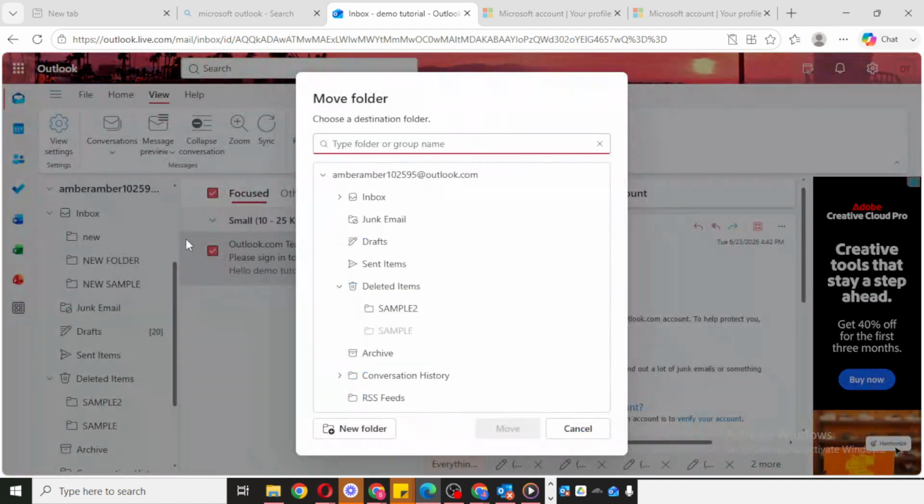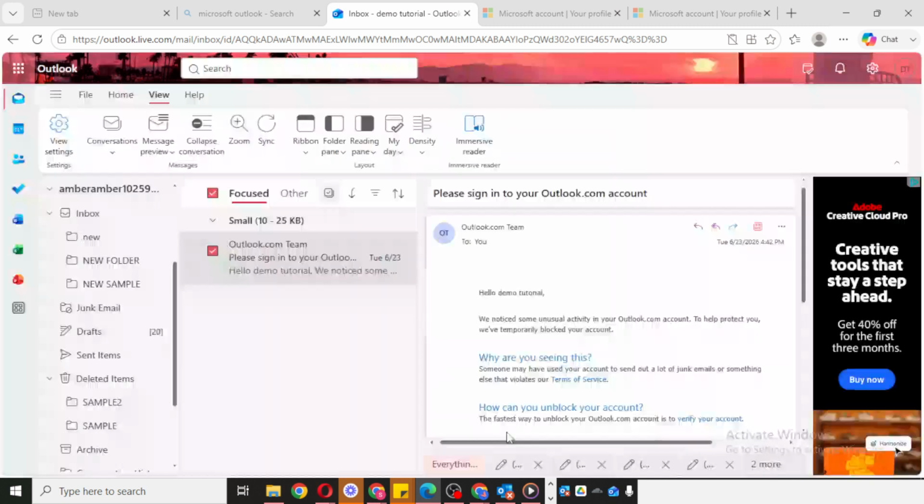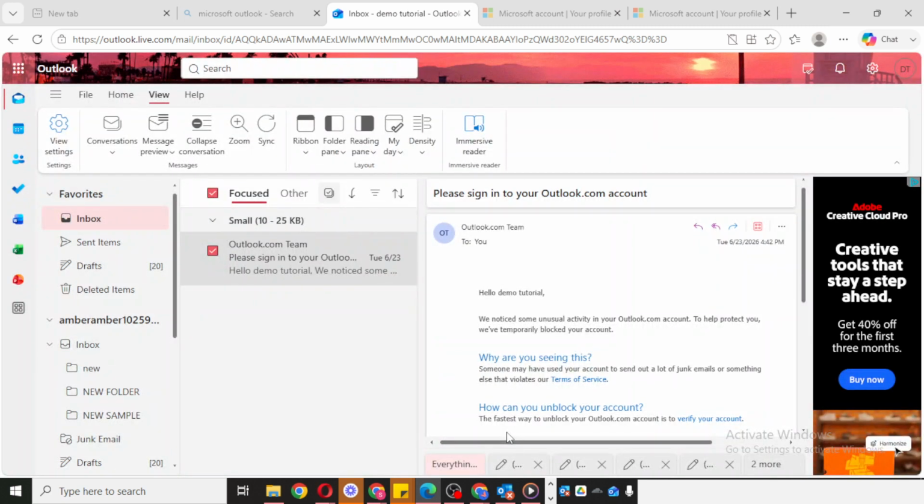Choose the folder or mailbox location where you want to restore it. Try to select the correct destination so your folder goes back to the place that makes the most sense for your workflow. Once you select the destination, the folder will be moved out of deleted items and recovered. At that point, you should see it reappear in the location you selected. If you don't see it immediately, give Outlook a moment to refresh or collapse and expand the folder list again.